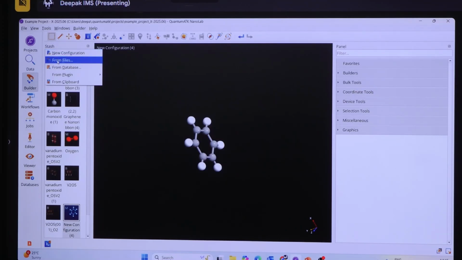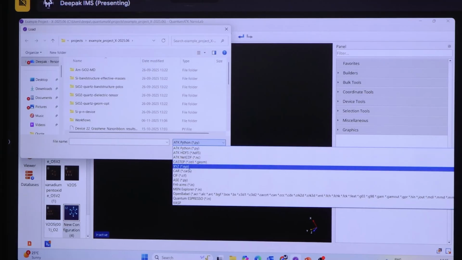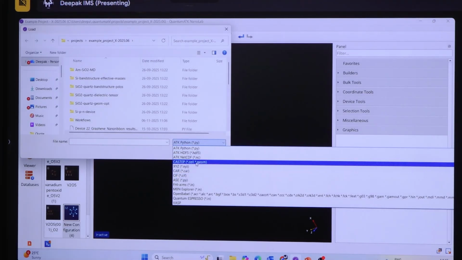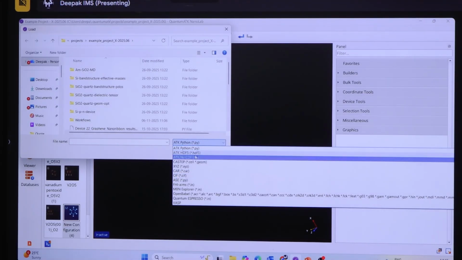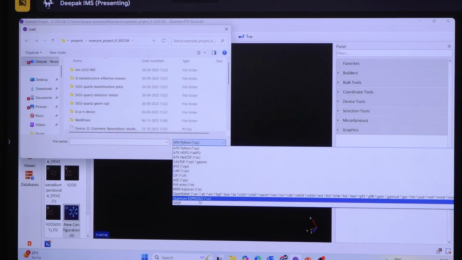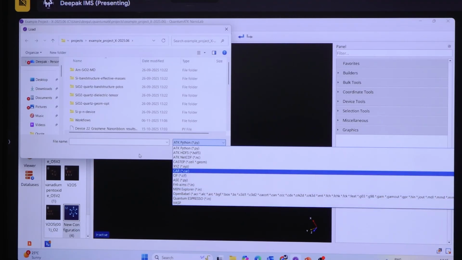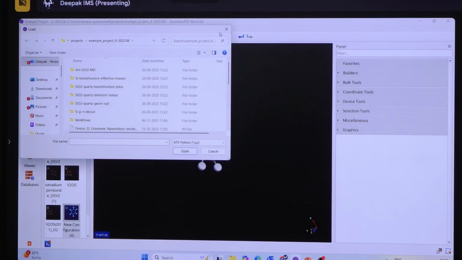Here you can see we have the from file option. These are the supported file formats that you can easily import in QuantumATK, like the Python file, HTML file, .xyz file, car file, CIF file. Even QuantumATK's own .in file and POSCAR file. You can easily import them in QuantumATK, and then you can study their various properties by using the various